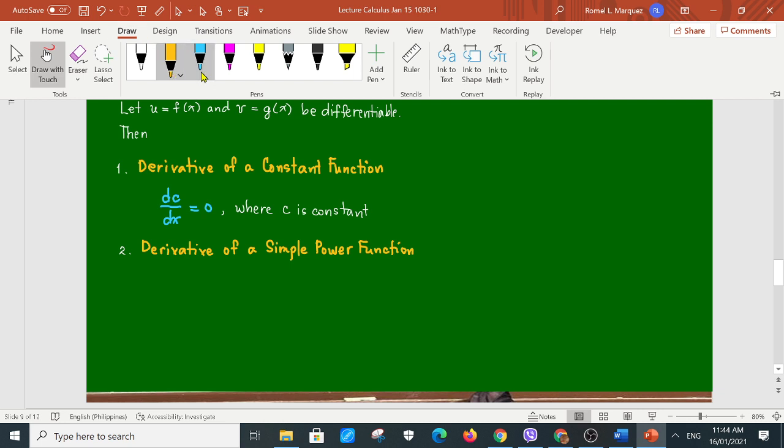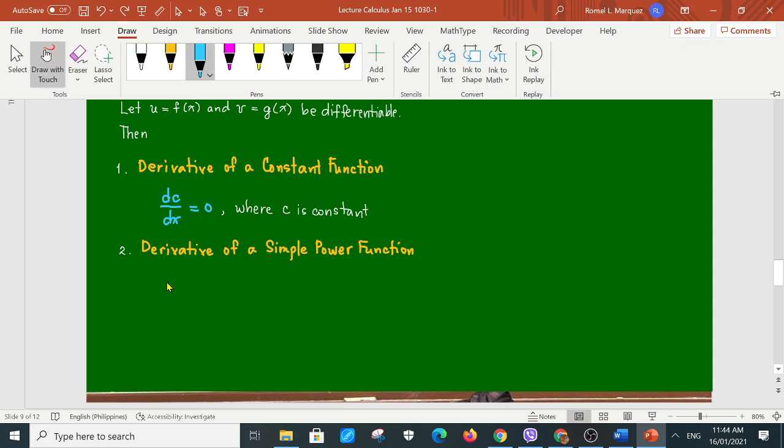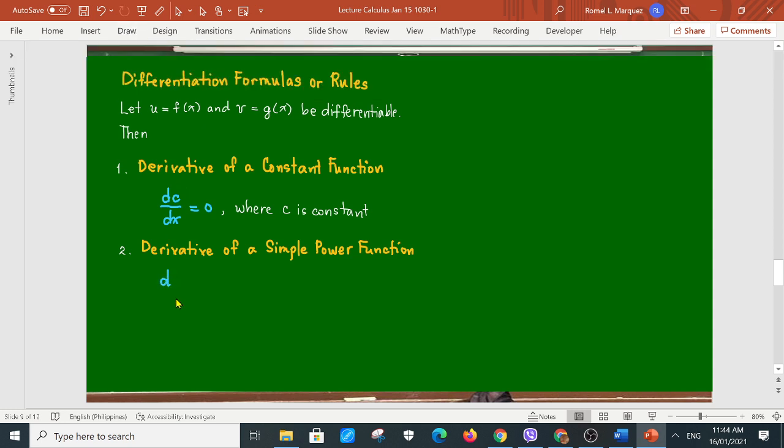So, what's the formula? The derivative with respect to x of a simple power of the form x to the n